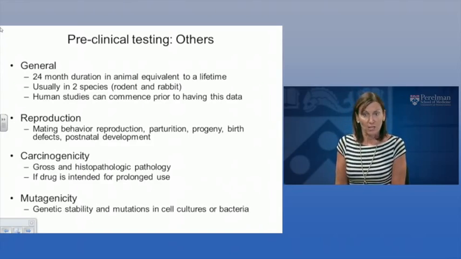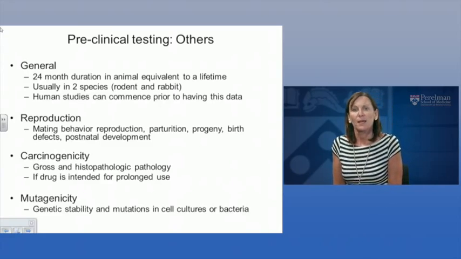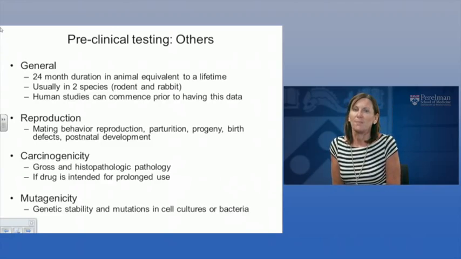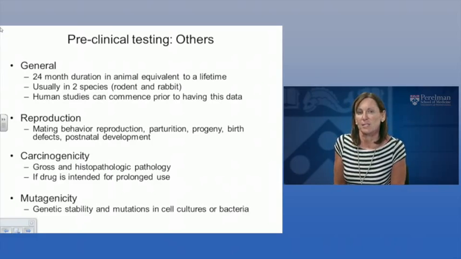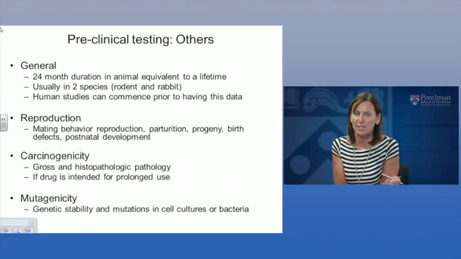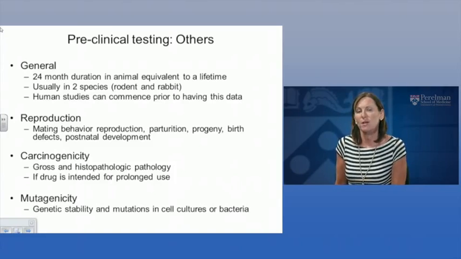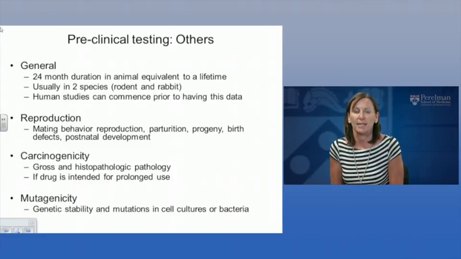In other words, are the offspring adversely affected by exposure in the mother or in the father? Birth defects. Are there any significant birth defects as a result of being exposed to the drug, and is postnatal development of the progeny adversely affected? So these are all manifestations of teratogenicity, which are more relevant to humans the higher up the animal model that